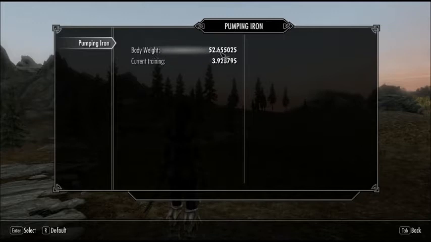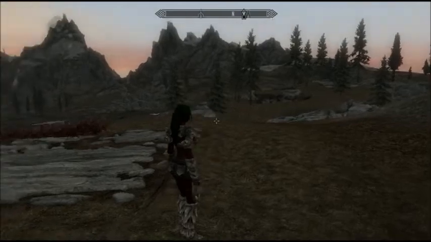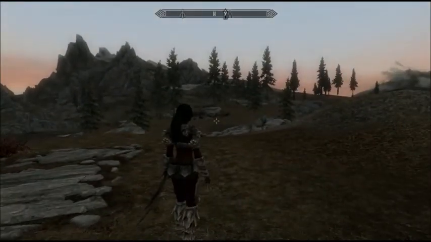improves. Now, her current training, she's at 3.92. In order to transfer this into body mass, she has to sleep. So this mod encourages you to get your character to rest. And the benefit of resting is that you would see the body bulk up. It is more noticeable on a male character than a female character in human form. However,